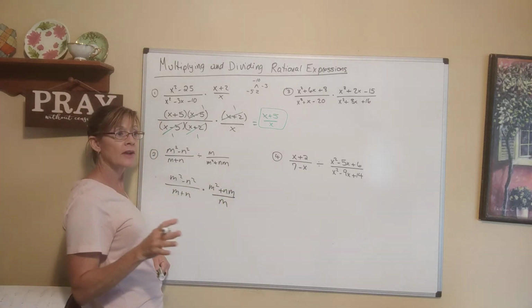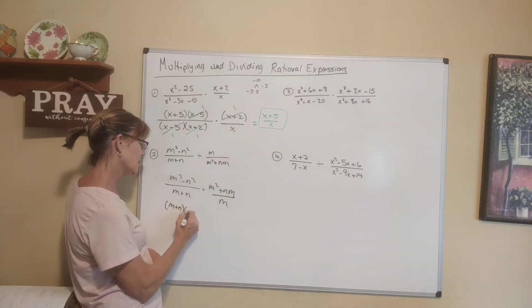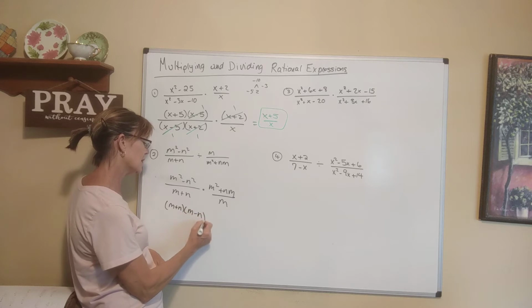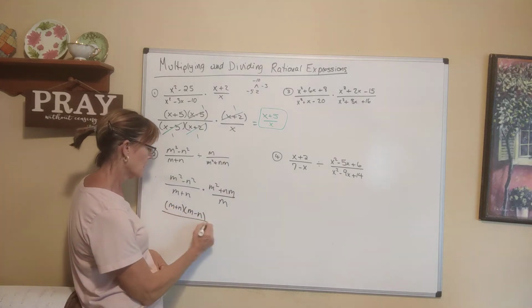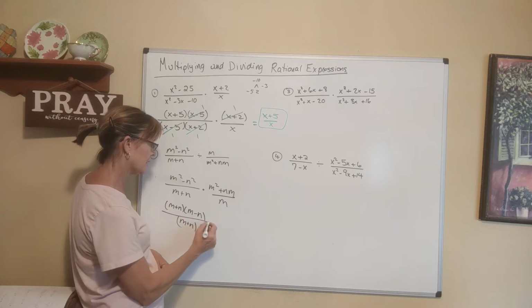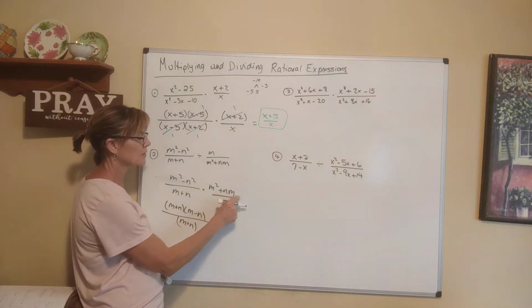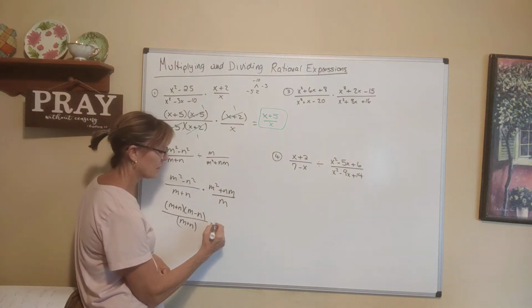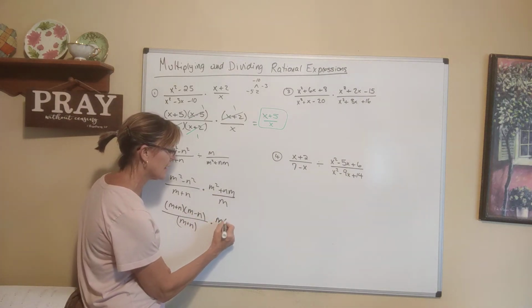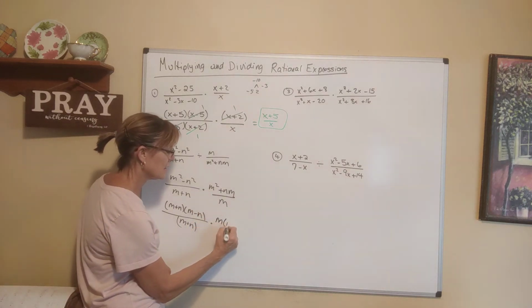Now factor, factor, factor. So this will be m plus n times m minus n, difference of squares, over m plus n. And if you want to put parentheses around there, sometimes I like to do that, it's fine. Factor out the greatest common factor here, that's how we can factor that. I can pull out an m, leaving me with m plus n